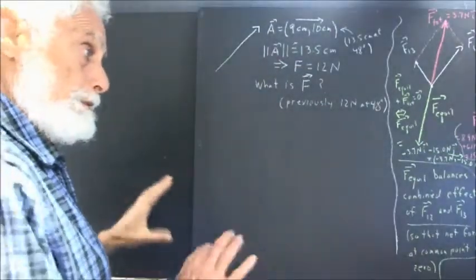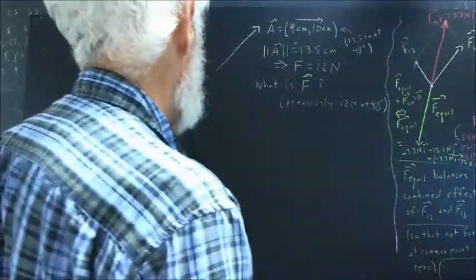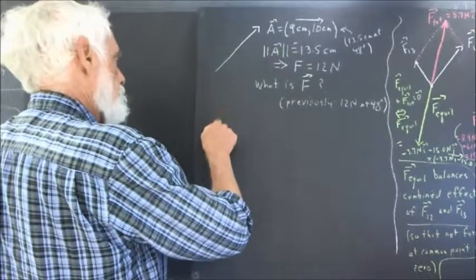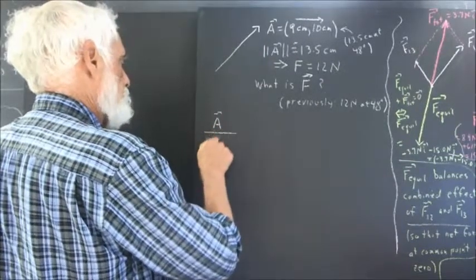But we're going to not do that. We're not going to bother finding the 48 degrees. It isn't necessary. Okay, so how are we going to do this? Well, if we take the vector A and divide by its magnitude,